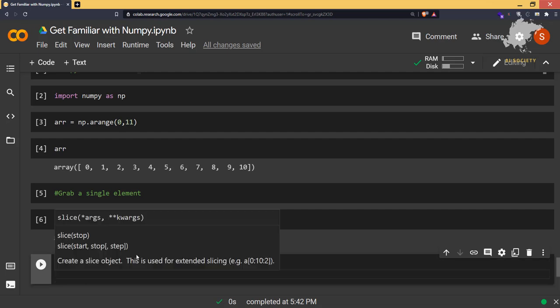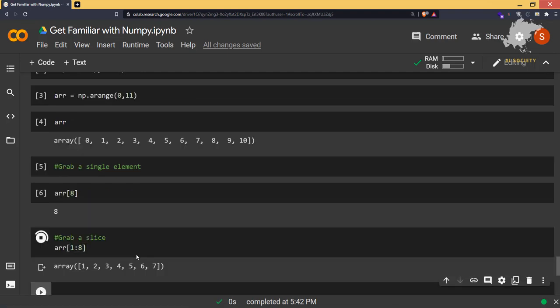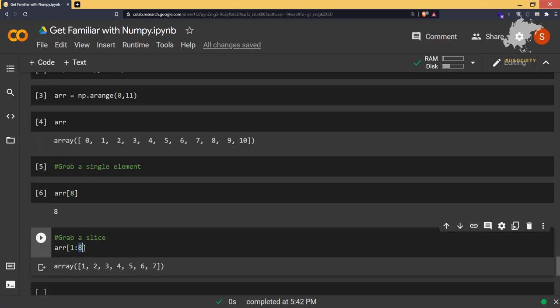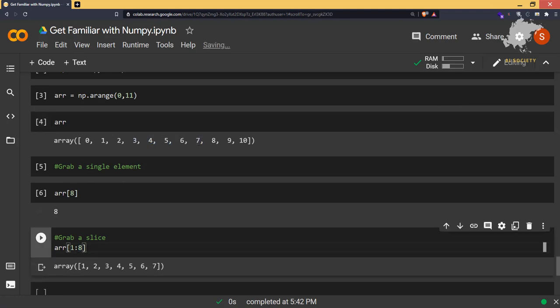So what I have to do is arr of the starting index position and the ending one, and it is going to give you the slice of the elements. Like I've given the index position 8, so it gave me up to 7, and 8 is excluded, because whenever you have start and stop, the stop one is always excluded.